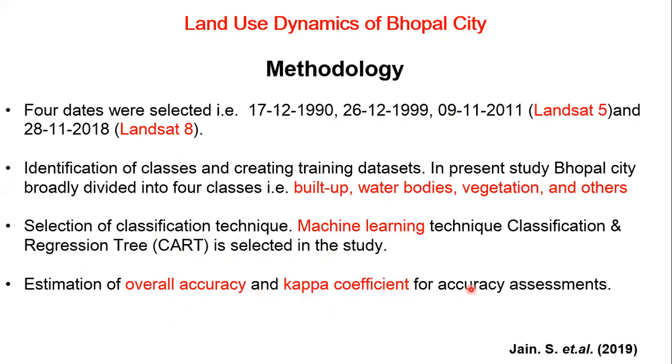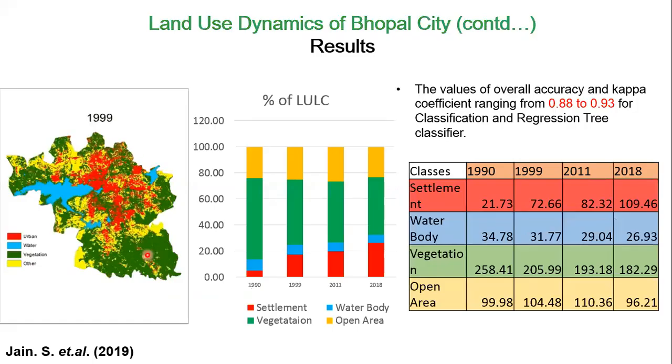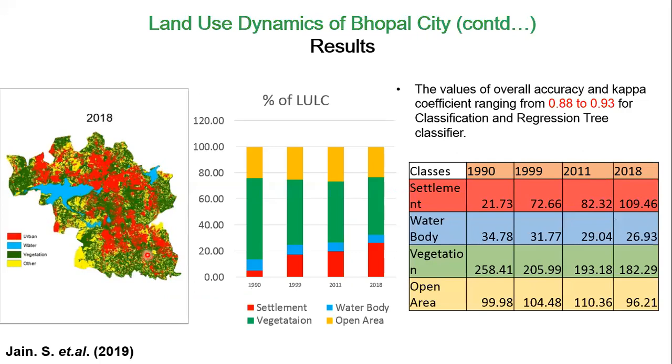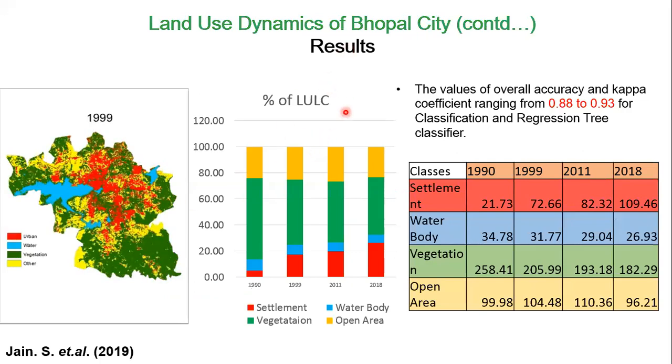Those who have already worked on supervised classification in ERDAS Imagine or ArcGIS just need to depend on accuracy measurements like kappa coefficient, overall accuracy, and producer accuracy to check the data set and the supervised classification technique. But Google Earth Engine provides all of this on its platform, and not only one machine learning algorithm, but n number of supervised and unsupervised classification techniques which you can adopt in your study area.